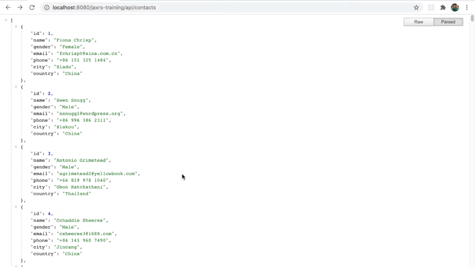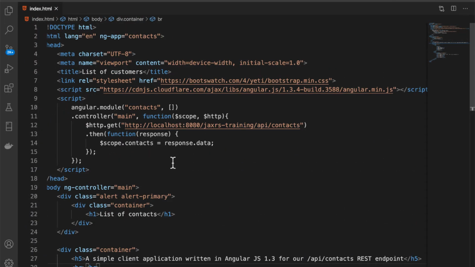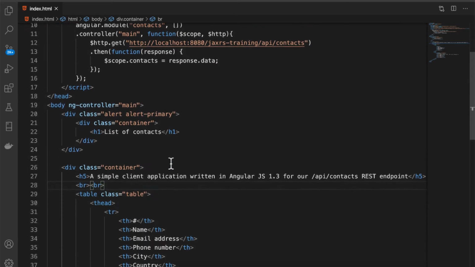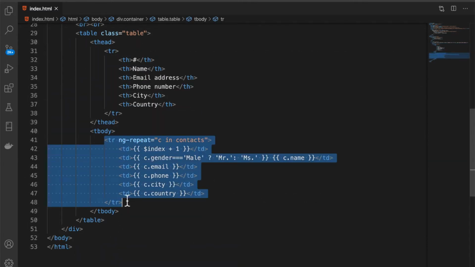To present the data in a nice format, we generally create a UI application using some front-end frameworks like AngularJS or Angular, React, Vue.js, and there are plenty of them. Now here is an HTML file that I've created, which is a very simple AngularJS application. Don't worry about the actual coding itself, but you can see here I have a table that displays a heading, and I have a section here that's supposed to repeat for every contact object coming from my REST endpoint.